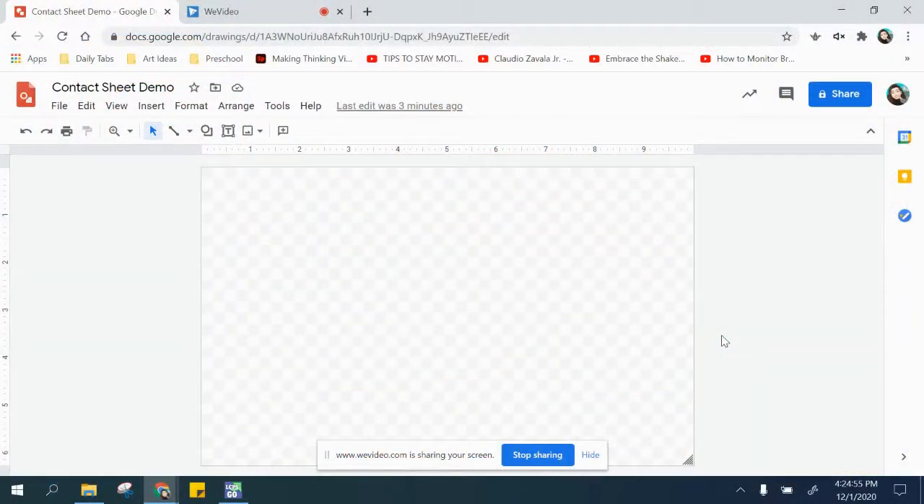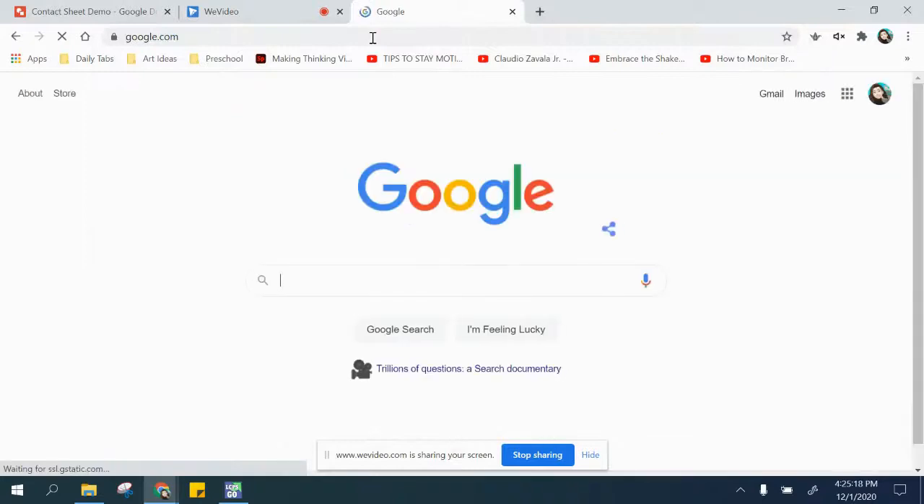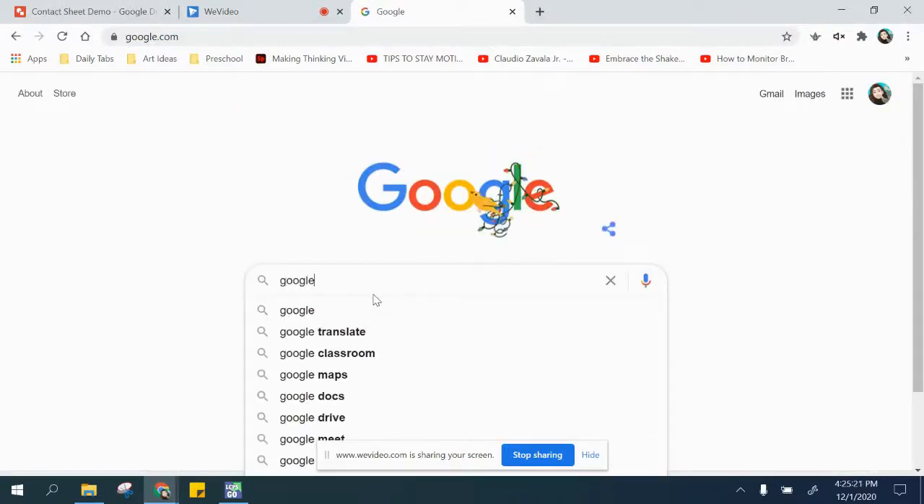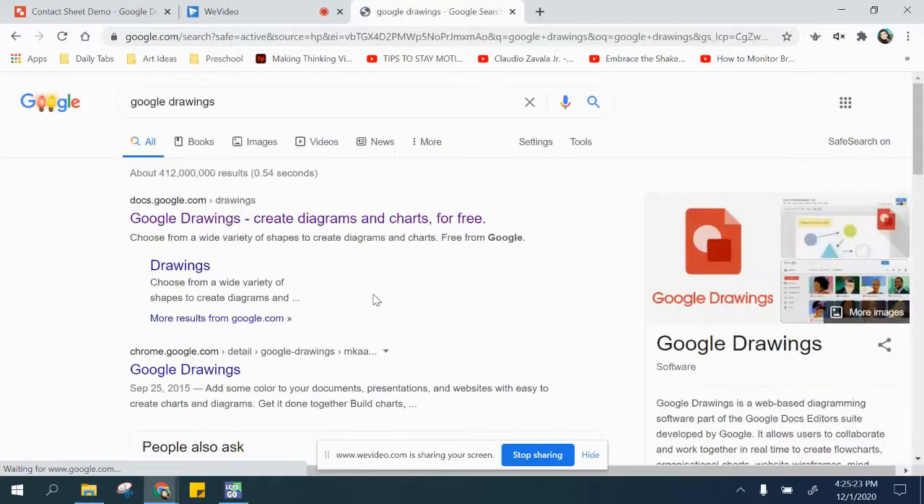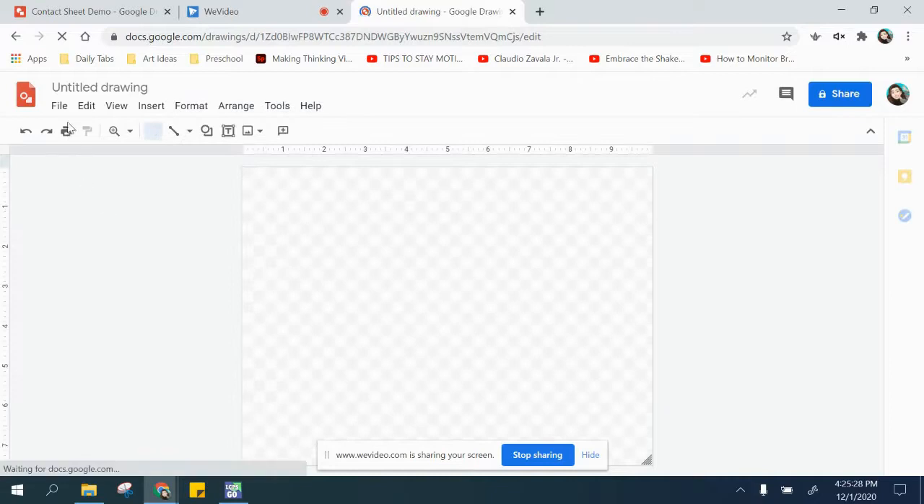Everyone. So today you are going to have a demo on how to create a contact sheet. When you create a contact sheet, what you want to do is go to Google Drawings. To find Google Drawings, just open a new tab, go to Google, type in Google Drawings, and it should be the first thing that pops up. You can tell that you're in Google Drawings if you see this sort of orangey